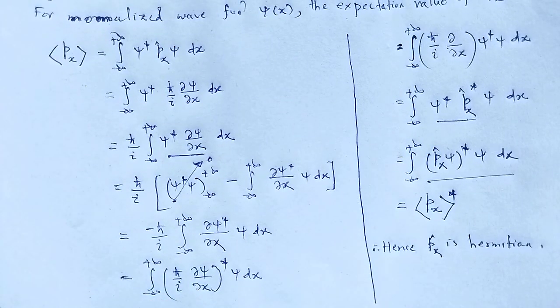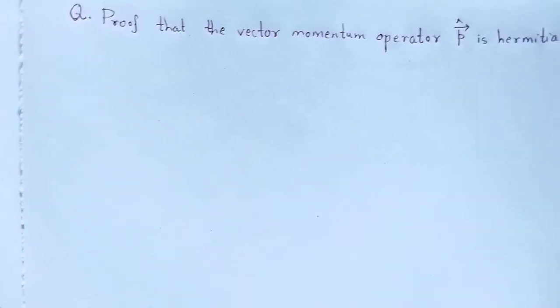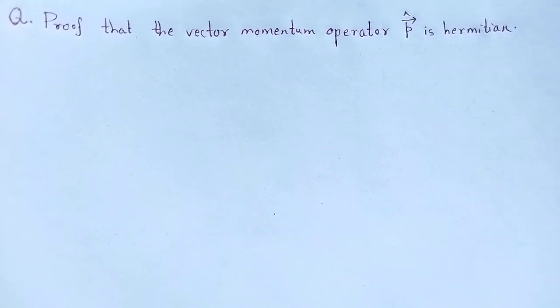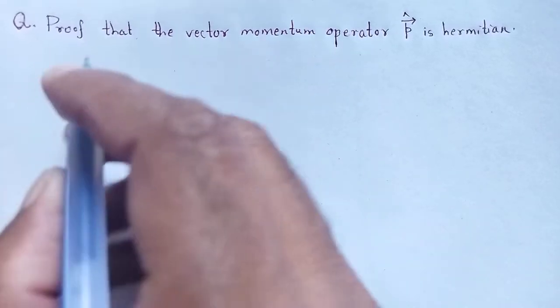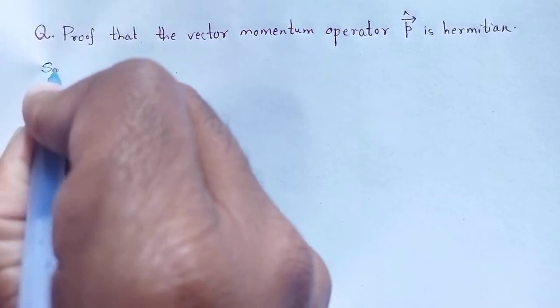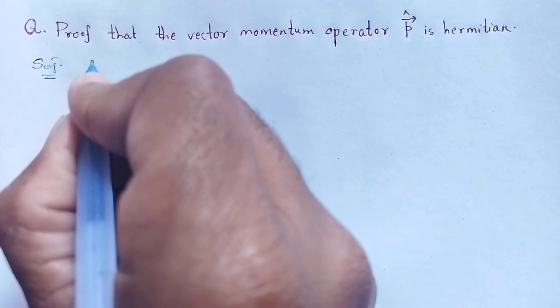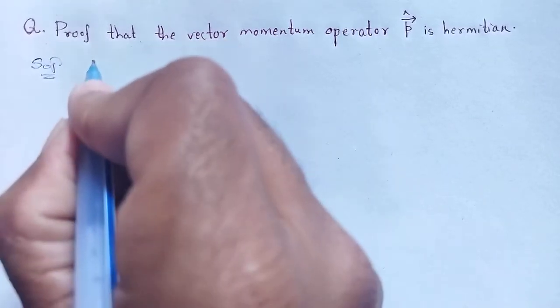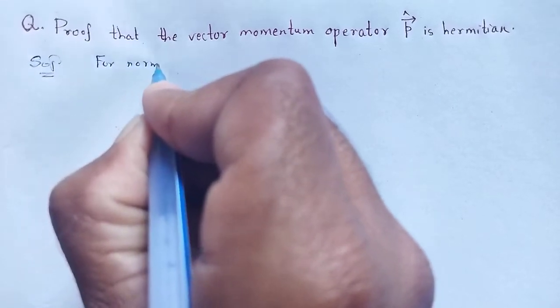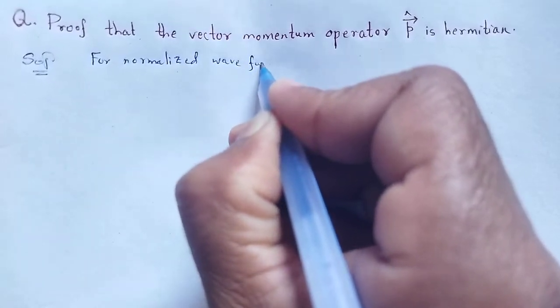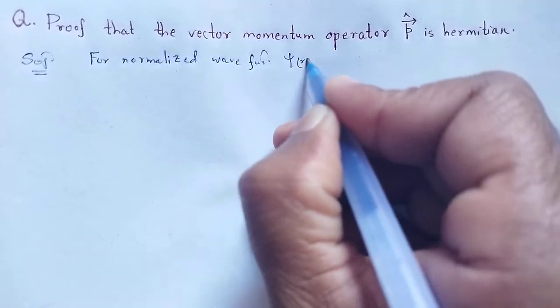Now, two problems related to Hermitian operators. One is to prove that the vector momentum operator P vector cap is Hermitian. In the same way we have to prove that one. Let us see the solution here. For a normalized wave function psi of r,